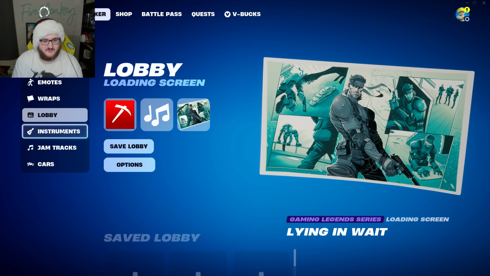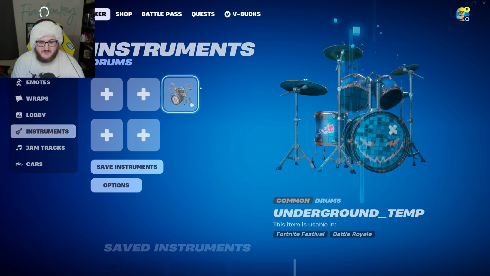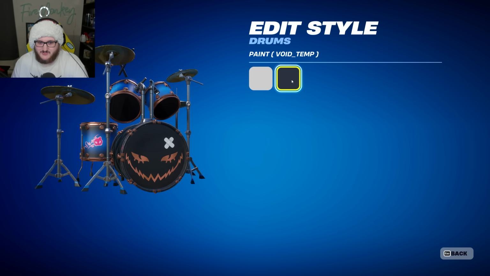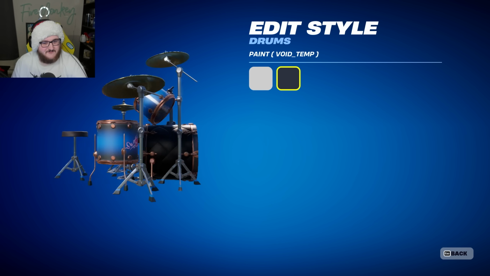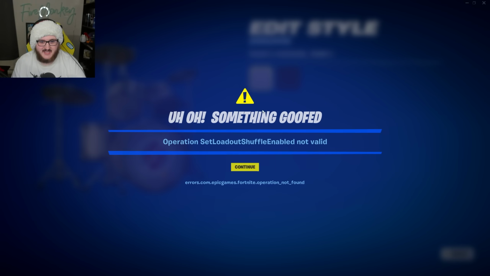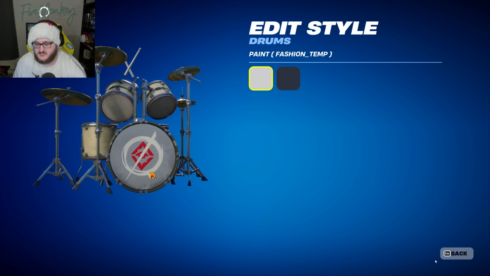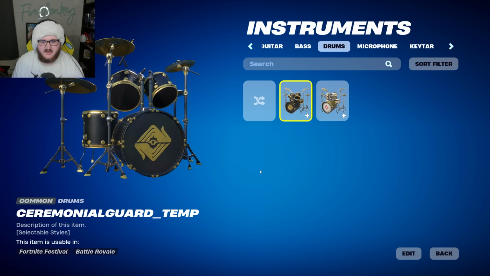But that is all the loading screens and stuff going on. In terms of instruments, we kind of have this buggy temp instrument they're working on. It isn't set to release right now, but it does have different designs. So there's the Void design, here's the Fashion design right here. It's based on the Underground and the Society, so that's the whole set of drums and stuff